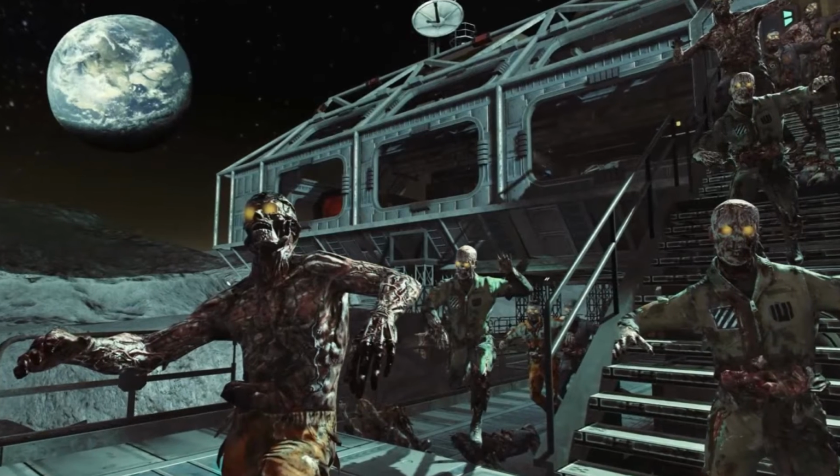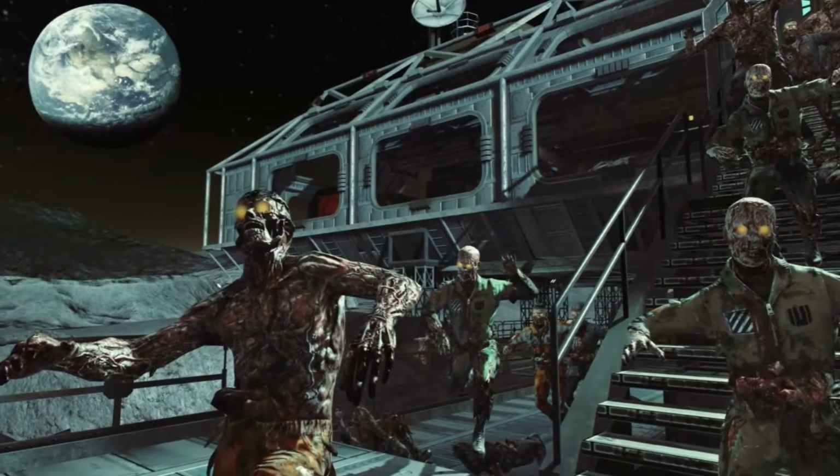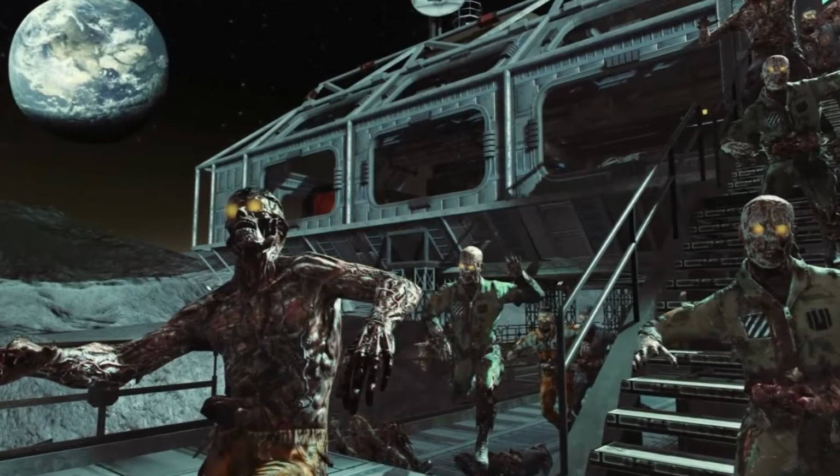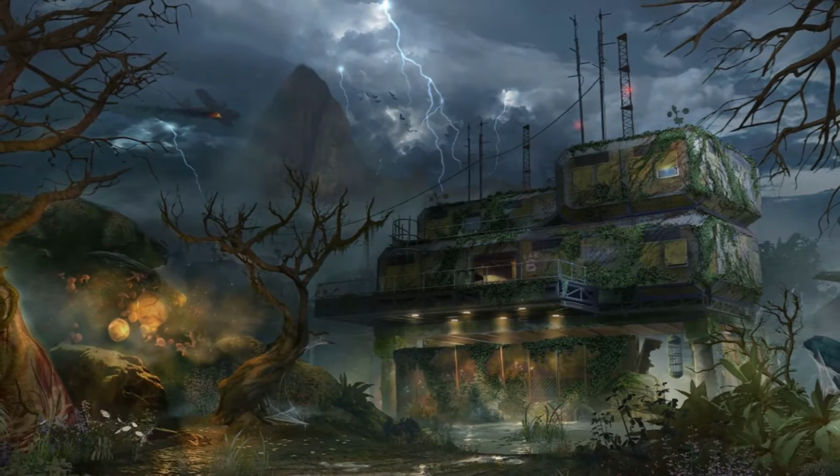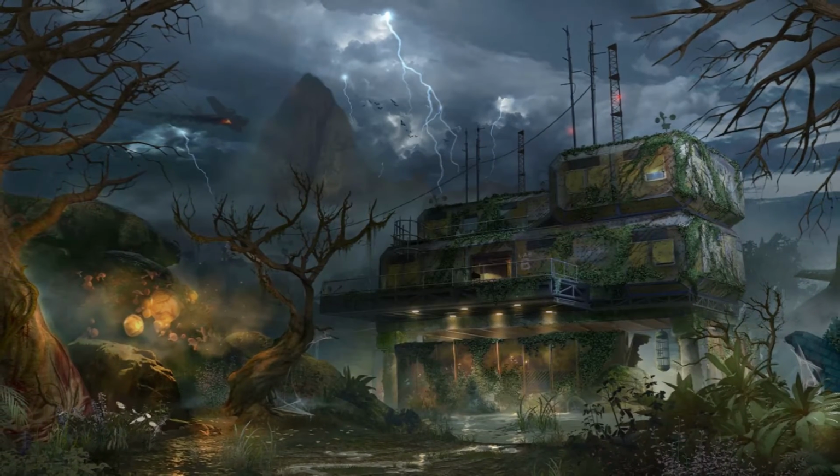Next we have Moon. I love Moon because it's so different, it's so cool, the Easter egg is amazing, but it is quite hard and there is some annoying stuff like this space guy, but yeah, I do like it, it's up here definitely. And then we have ZNS, Zetsubou no Shima,